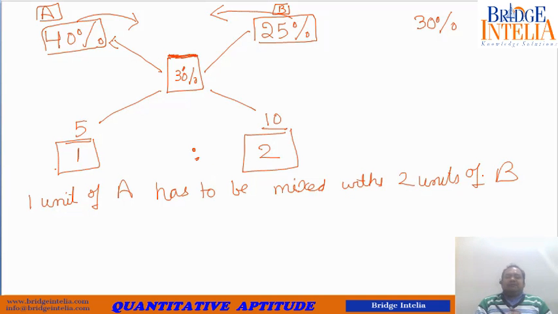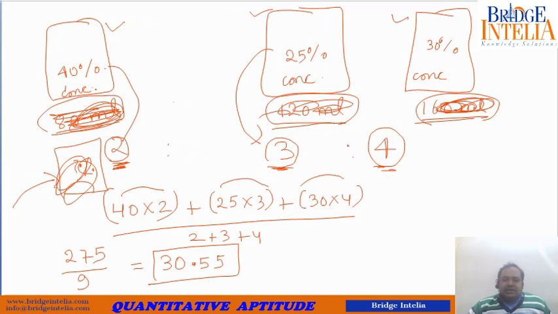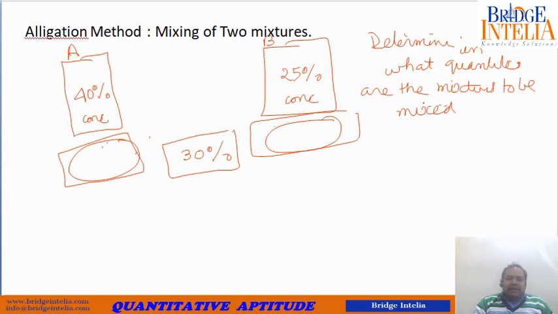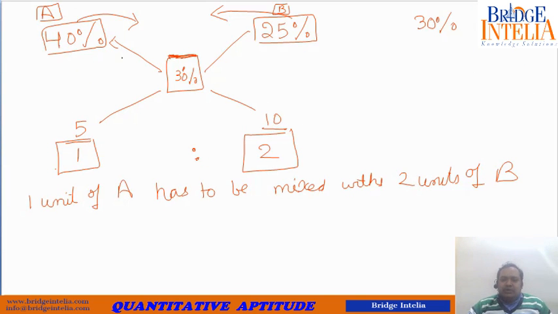So two different types of questions. One in which it will be told to you that you are taking so and so quantity of these solutions and then mixing, and then you have to tell what is the final outcome. The second type in which the final outcome is already known. It is already known that the final outcome is going to be 30% concentrated, and we are simply expected to find the ratio of the quantities in which these mixtures are to be mixed. So let's take a few examples to make things more clear.